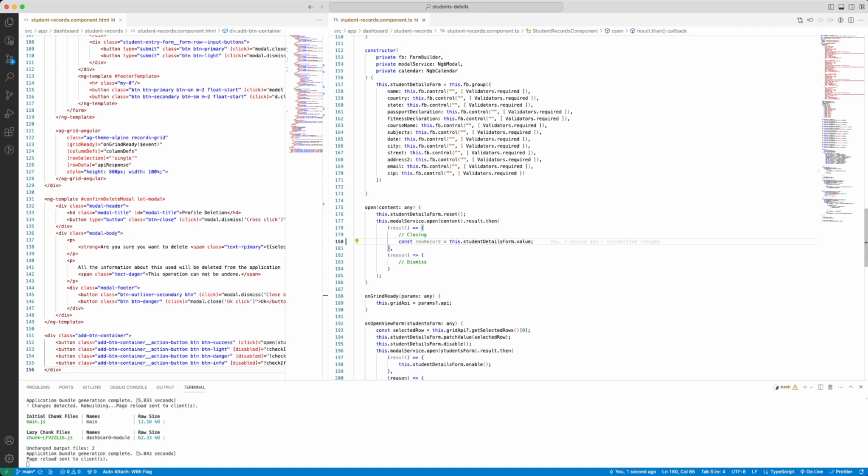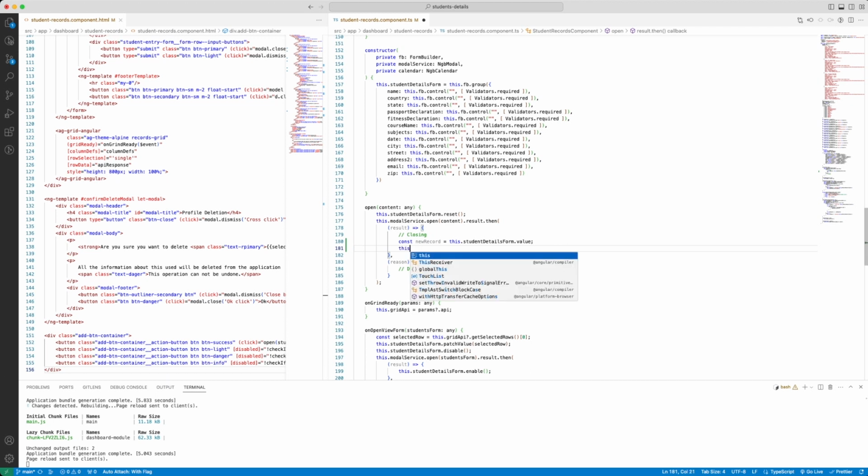So if you read the value, it will basically read all the values in a JSON format, and I'll show you in the Chrome dev tool in a moment from now, right? So now the new record will have the record as is in a JSON structure. So that record must be placed in the API response. Push,